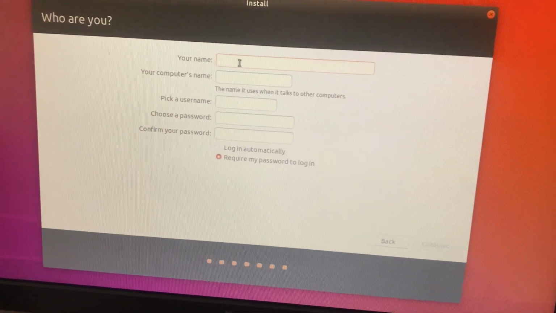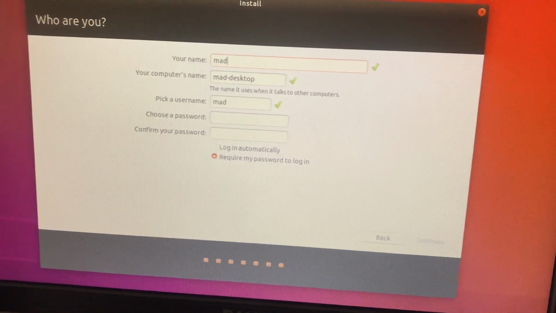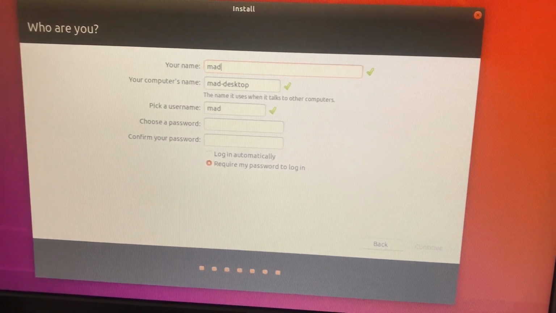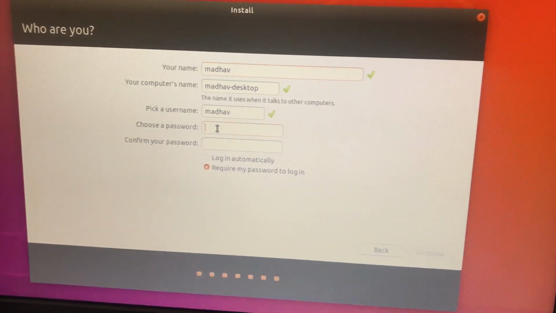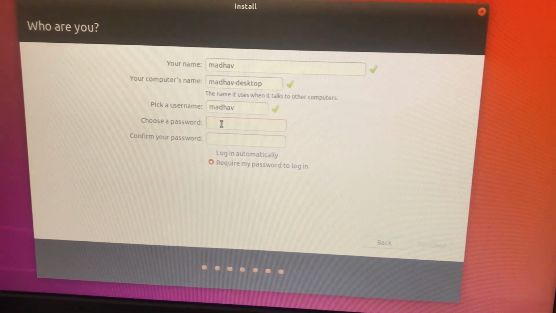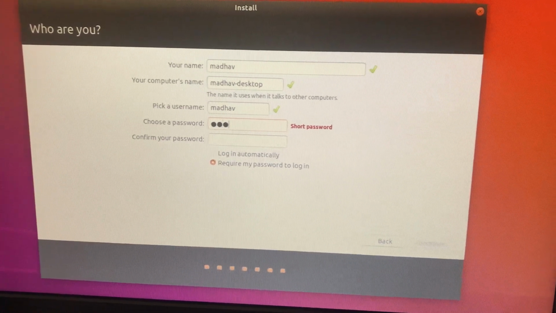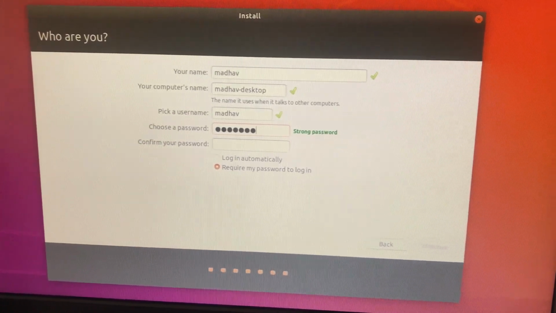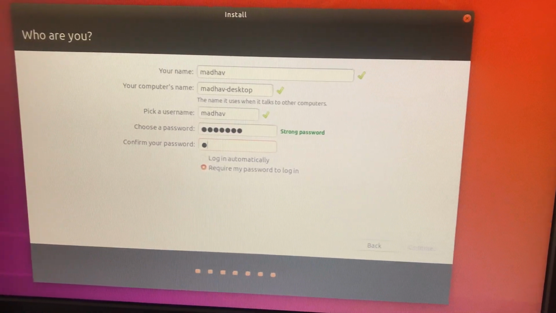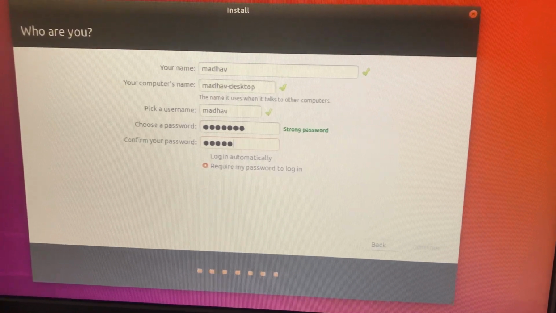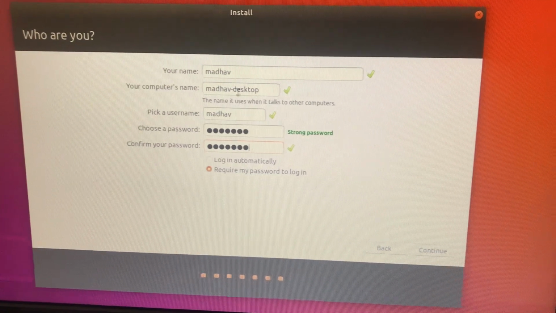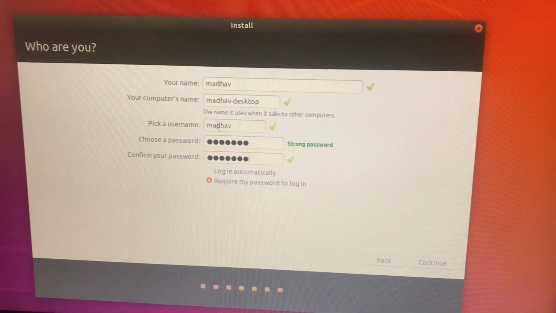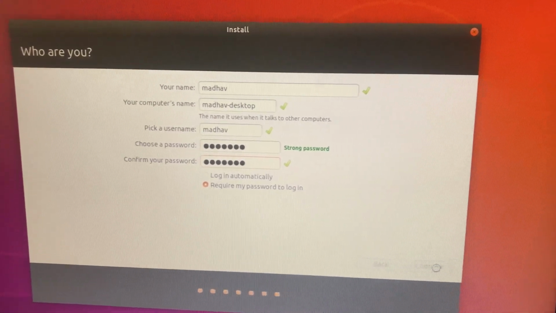Then username, then password. You need to give the basic details and then click on continue.